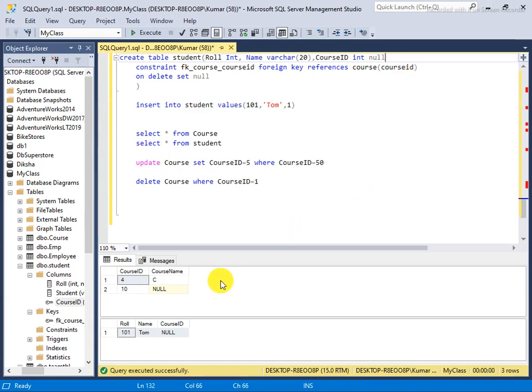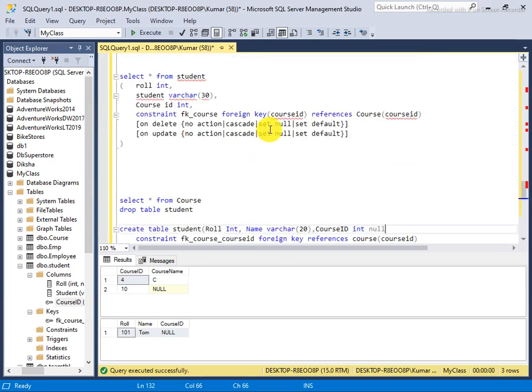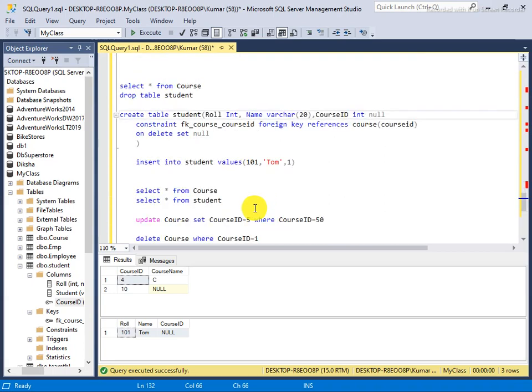Okay, so the first thing, second thing, third thing has been done. And set default is a different thing.